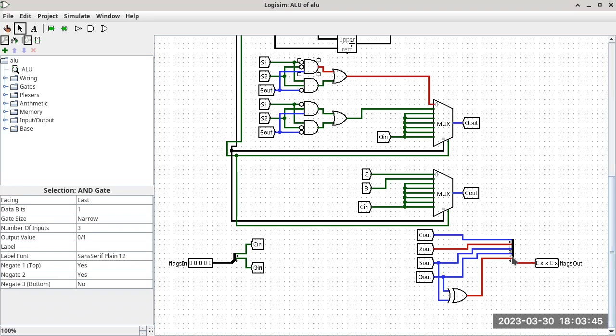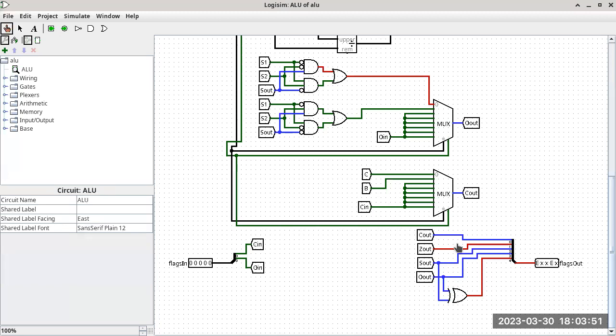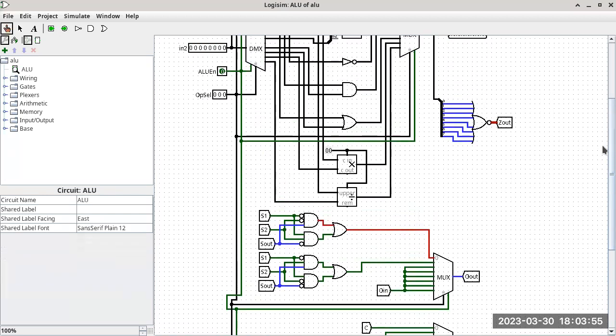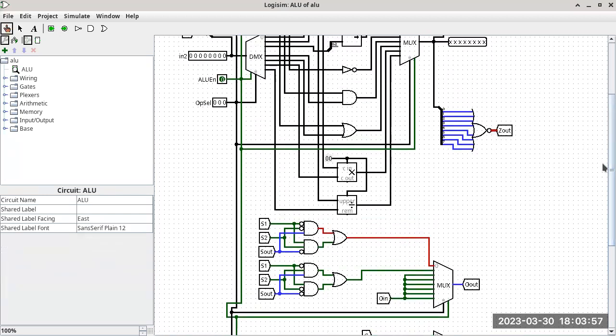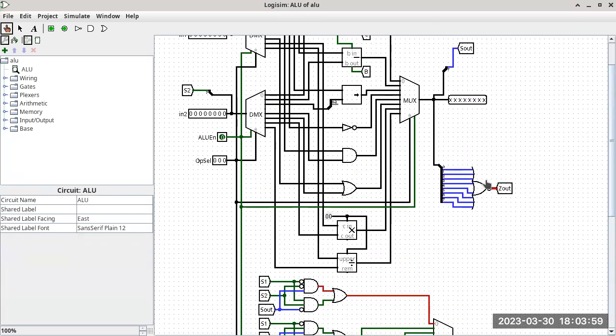Okay, so in order to do that, we track it down. So we use the poking tool and we track down, where is Z out connected in this entire circuit? So we search and go like, oh, okay, this is where it's connected to. It is the NOR of all the individual bits of the result of an operation. So that means if the result of an operation is non-zero, which means there's at least one 1 within all those 8 bits,